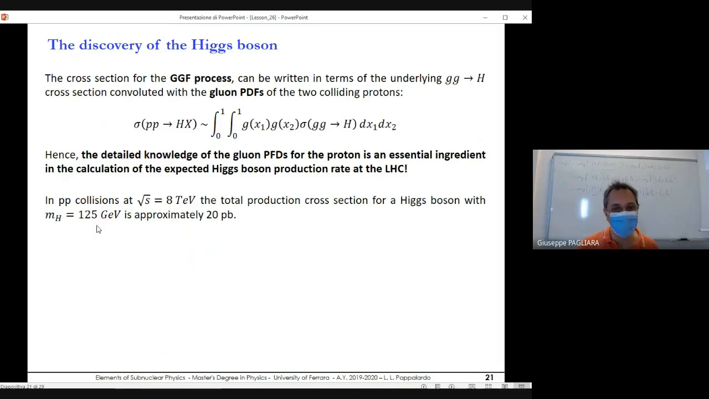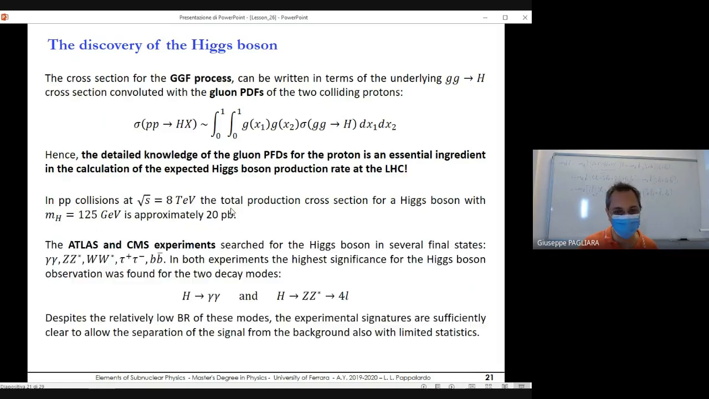And just to give you some number, the cross-section value for the Higgs at a mass of 125 is of the order of 20 picobarns. Now, the ATLAS and CMS experiments at CERN searched for the Higgs boson in many different decay channels. But in the end, the discovery appeared in these two channels: the Higgs into 2 photons, and the Higgs into 2 Z, which in the end decay into 4 charged leptons, for instance 4 electrons, plus minus, or